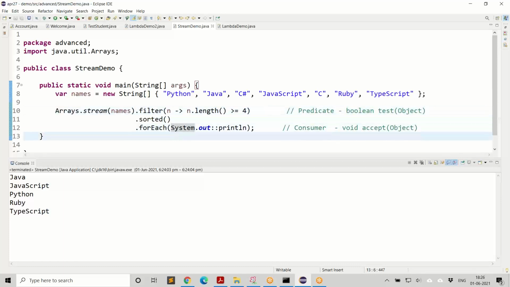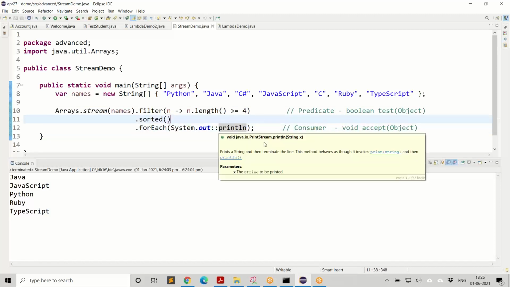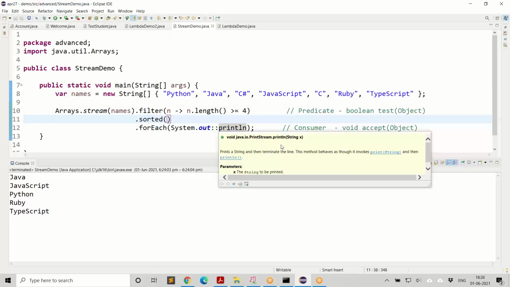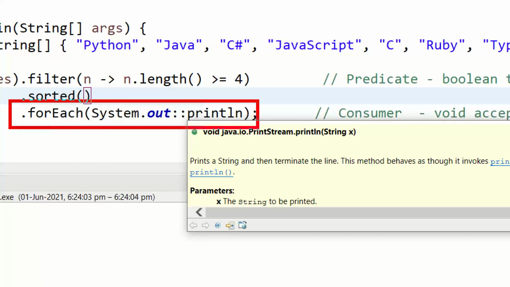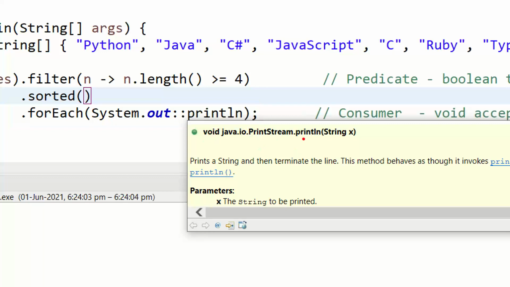Now, if you're wondering how does it work, println is taking a string as a parameter. That's exactly what we are trying to call here. So what we call here is the println that takes a string and returns nothing. That's exactly the context, because forEach is expecting a function that takes a string and returns nothing. And your println of PrintStream is exactly matching that.